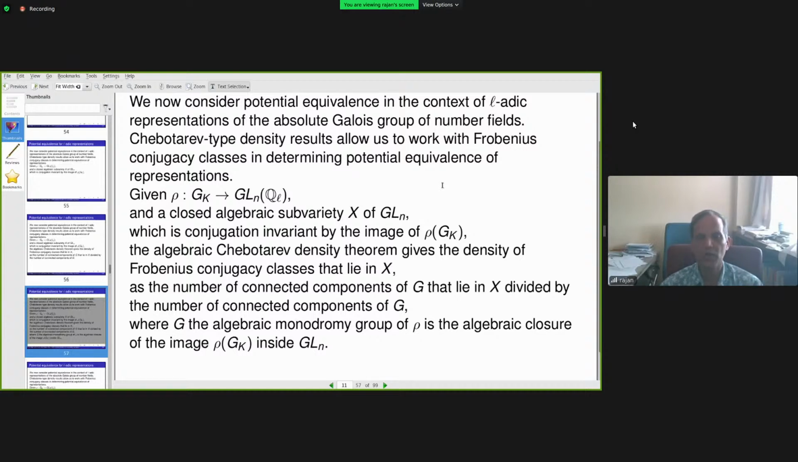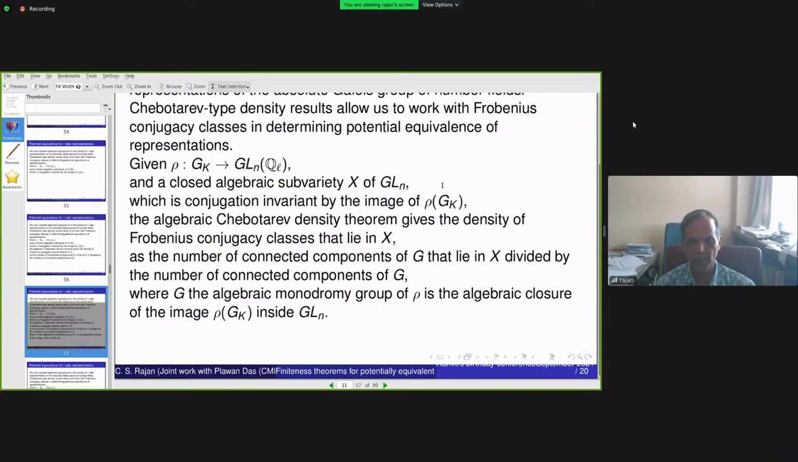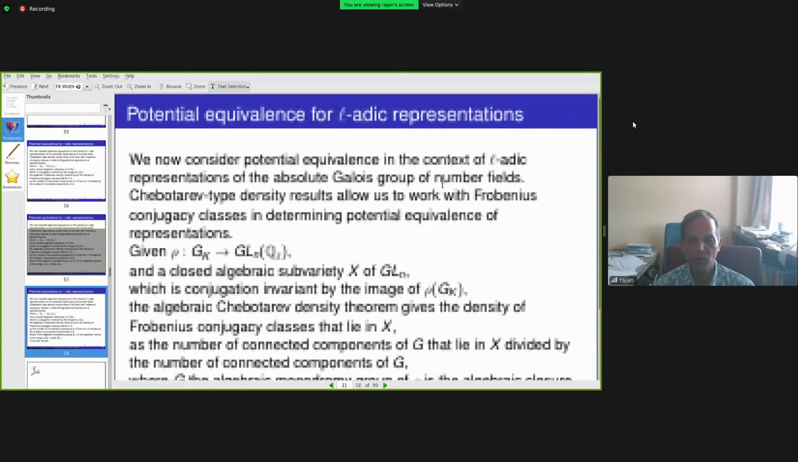Okay, so this is what one has: you look at the connected components of G which lie inside X and divide by the total number of connected components. That is the density of conjugacy classes which lie inside X. And of course, if G is a finite group, this is the usual Chebotarev density theorem. But for any algebraic group, as long as the conjugacy condition is algebraic, this goes through. Okay, so using this theorem, we can prove